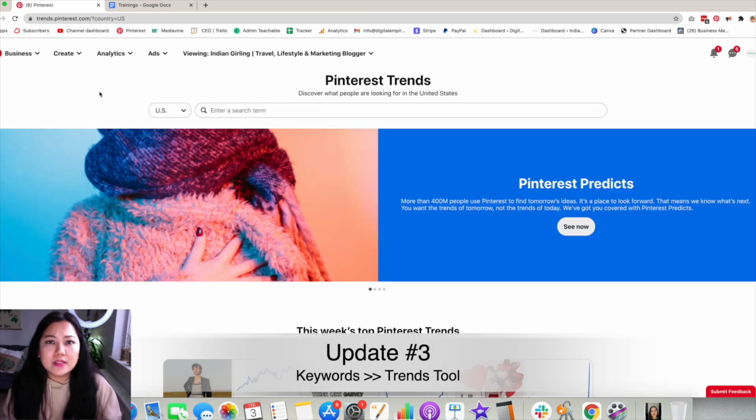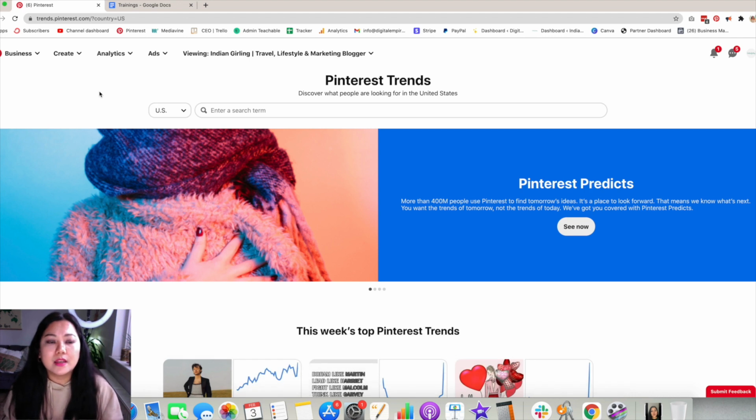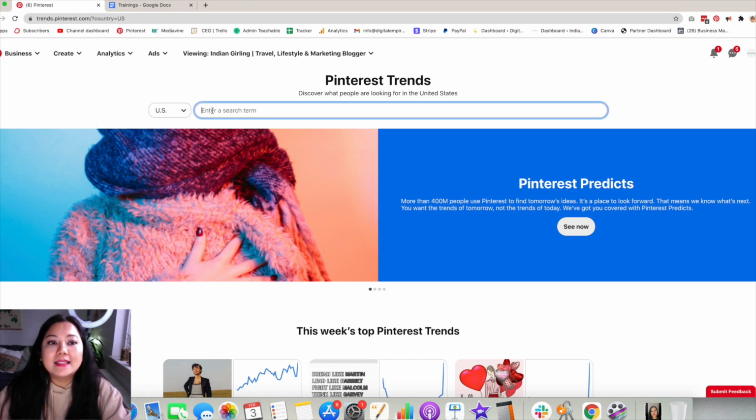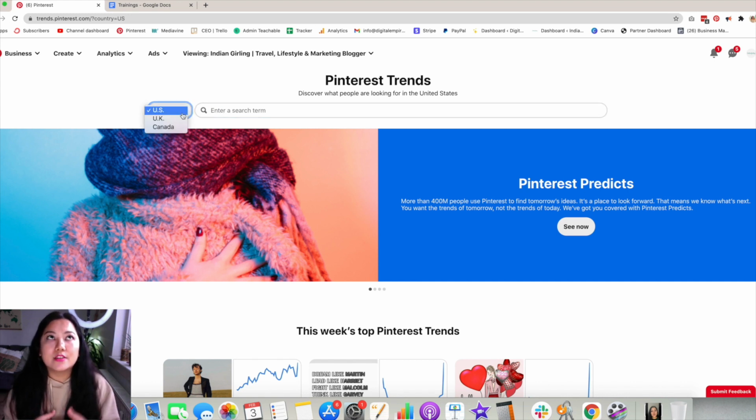Now, in principle, this isn't very different, because it basically is a better way for you to search for keywords. However, it does make it a little bit different in the way that you might be looking for keywords. So instead of just searching on the search feed, now you have to head into your analytics section, go down to trends, and then you can add in the search terms. On top of this, now search is not really as generic as it used to be before. Now you can specifically search for countrywide searches. So you can see how many searches people are making in the US, how many searches there are for a keyword in the UK, how many in Canada, and so on.